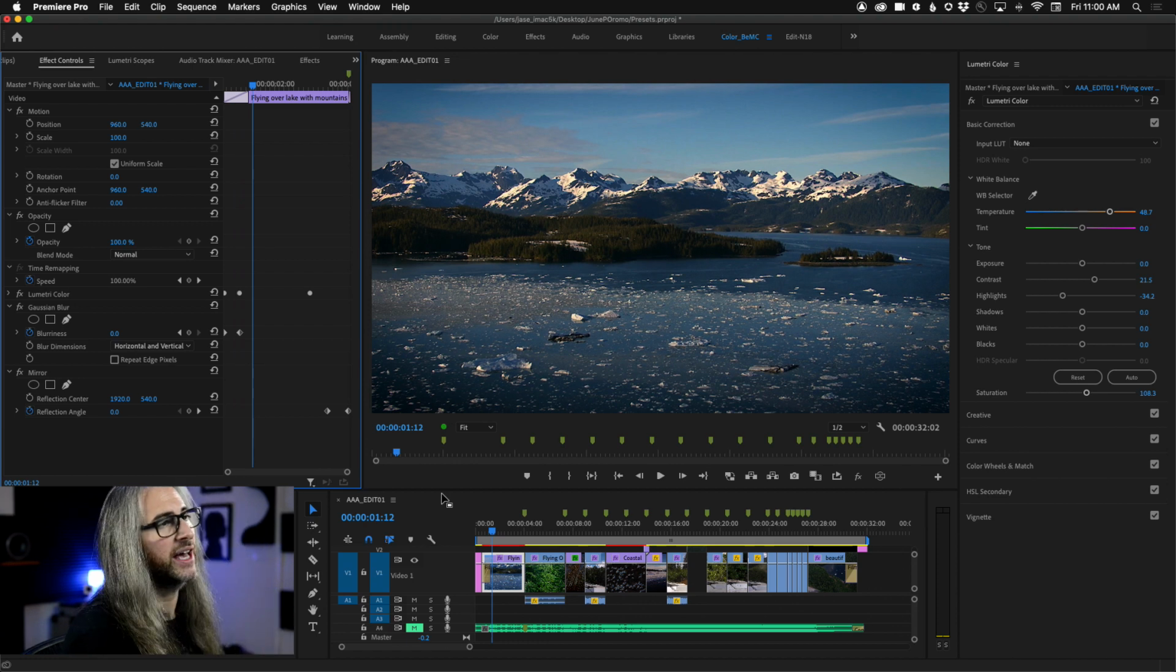Louis using BMD 4K. Yeah, and you know, the Blackmagic Pocket Cinema cameras, they're amazing, and they shoot